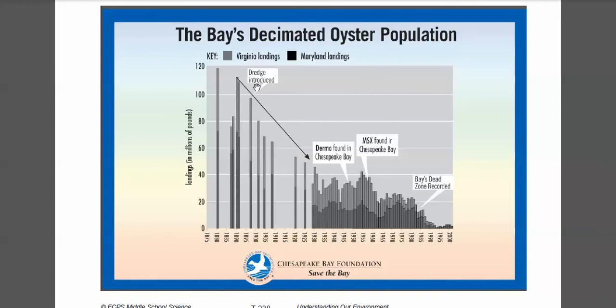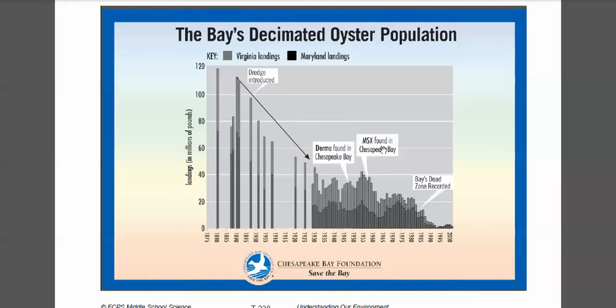And I know that there's a couple of things that dredge can mean. One is the digging up of the floor of the bay to make it deeper so that big ships can go through. I also recently learned that dredge is also a harvesting method, where instead of picking up individual oysters, the entire oyster bed is picked up and harvested at the same time. So I just can't help but notice that when dredge was introduced, the overall population just plummeted. I wonder if that might have something to do with that picking up of the entire oyster bed at once. Moving on,